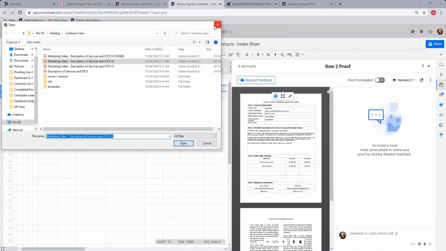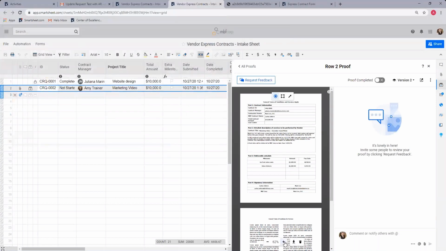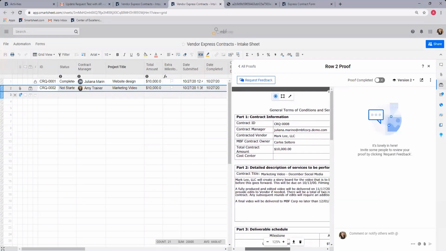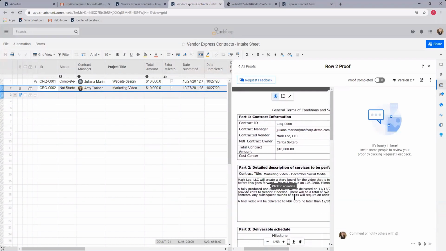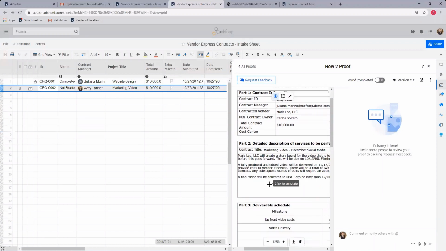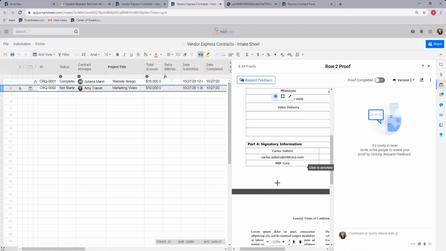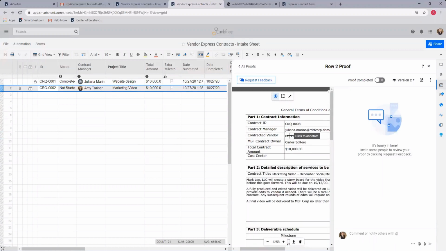Mine might look slightly different than yours, but that's okay. So this is where the contract manager said, Mark Lee, because that's the original story. My names are a little bit different. Again, we write a real description here of what is going to change, and that's okay. We still have everybody's name here. Excellent. So now I'm actually going to ask for feedback from Alex again, because I want her to sign off